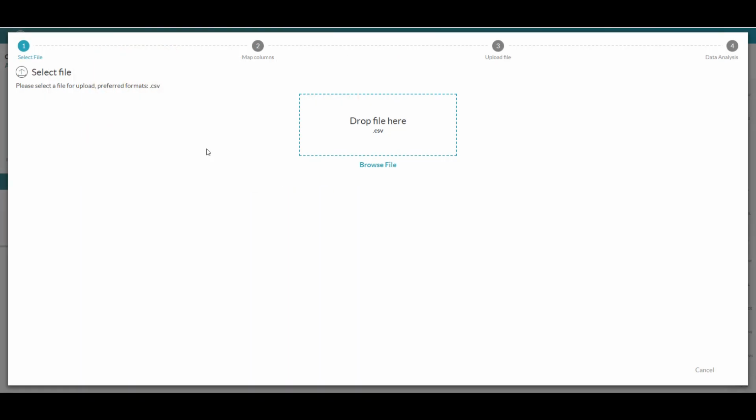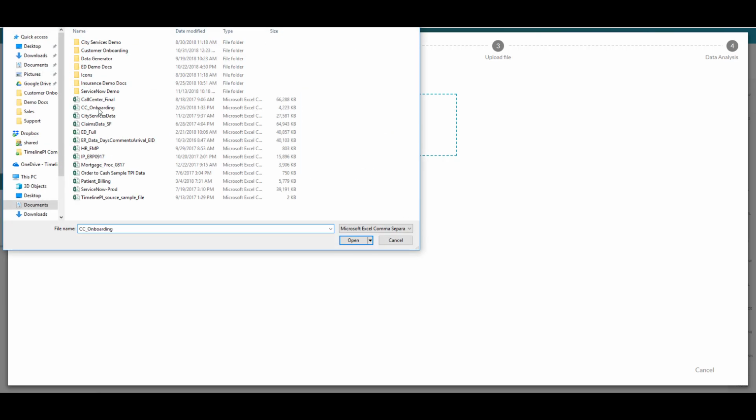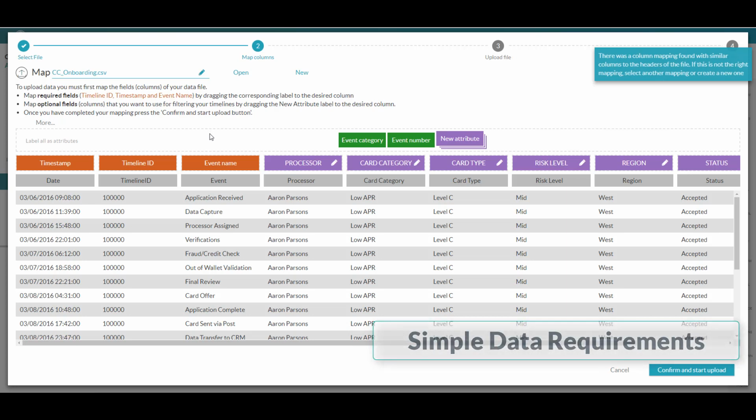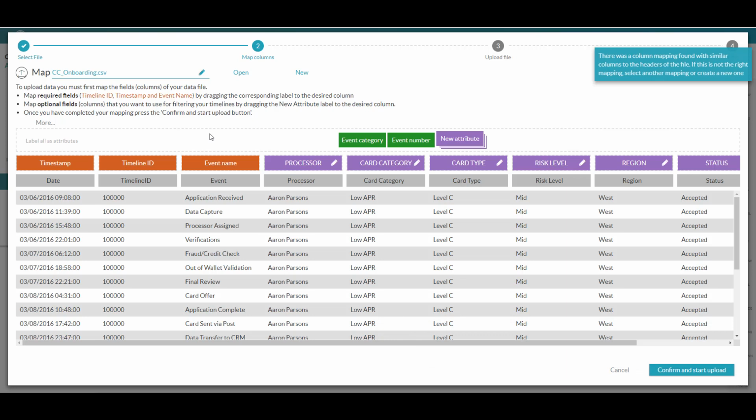Let's take a look at a few of the process discovery modules that are available as a part of the TimelinePI Robotic Process Automation Process Assessment Pack. We'll begin by taking a quick look at a sample input file, and we'll go over a couple of the data requirements for TimelinePI. Now, the context here is we're going to be analyzing a business process representing a customer